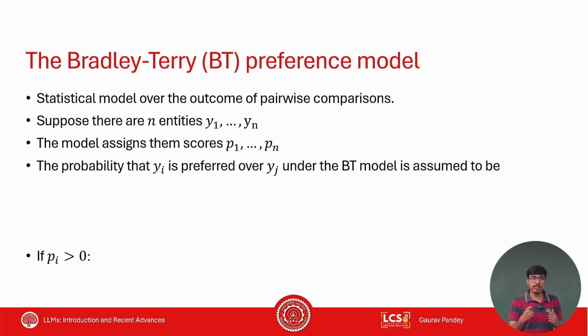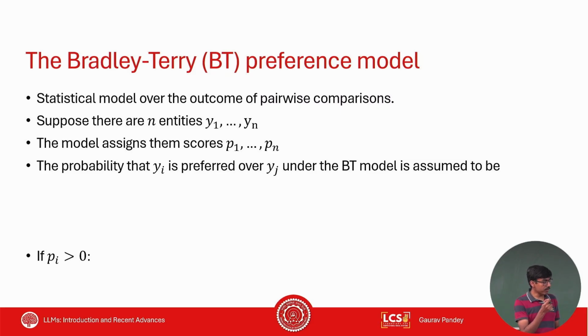If the word statistical model is confusing, a statistical model is basically, let's say you toss a coin a bunch of times, then we know that the Bernoulli model or the binomial model can be used depending on the task. Similarly, the Bradley-Terry preference model is just a statistical model that you can fit if you have a bunch of preferences. So to understand it, let's say you have n items,